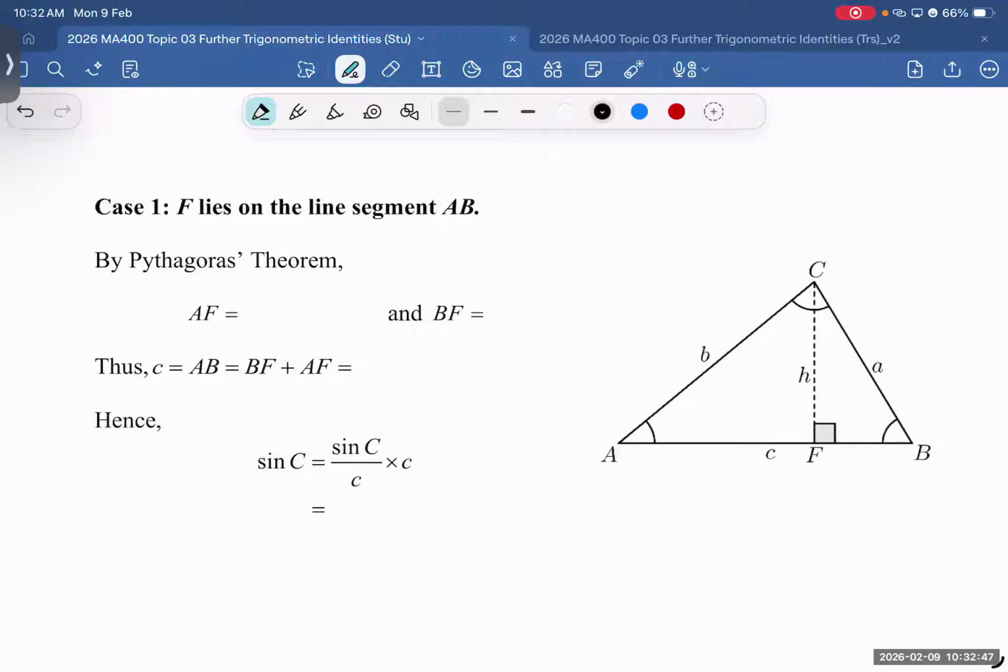Sine 2A. Anyone go for tuition already? What is it? Ask your tuition teacher. Okay. What about cos 2A? Cos 2A has 3 types. 1 minus